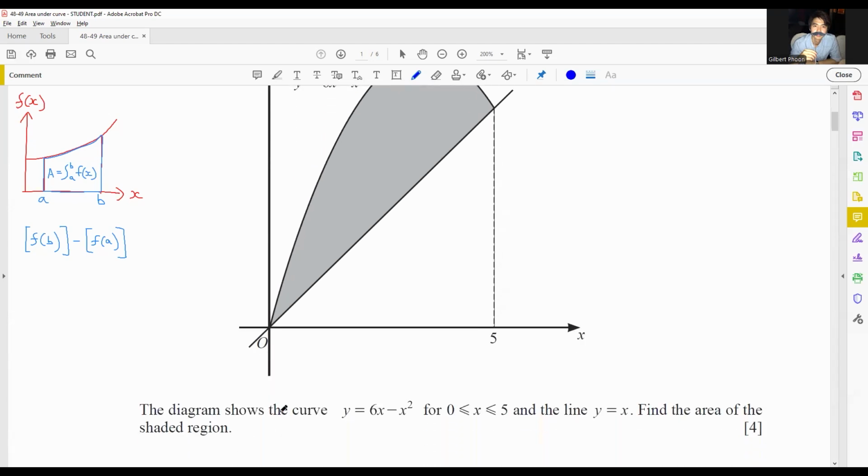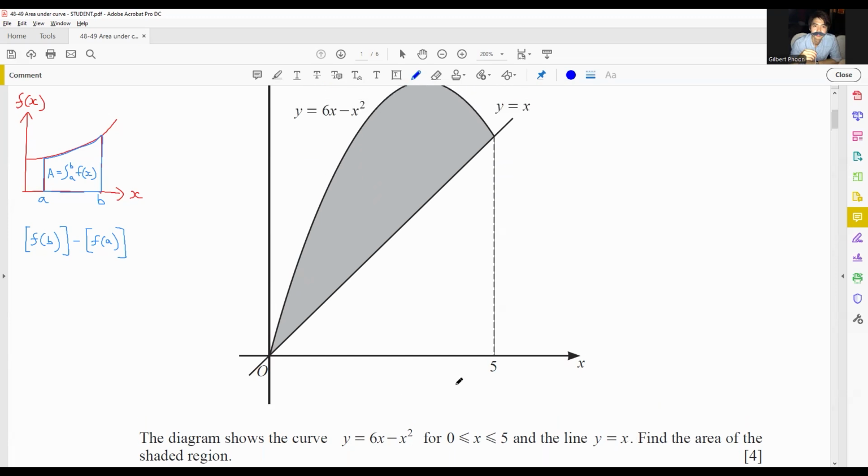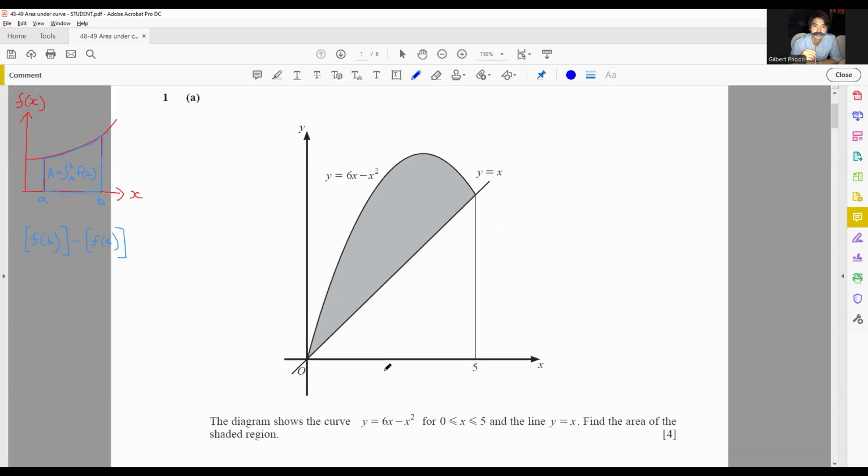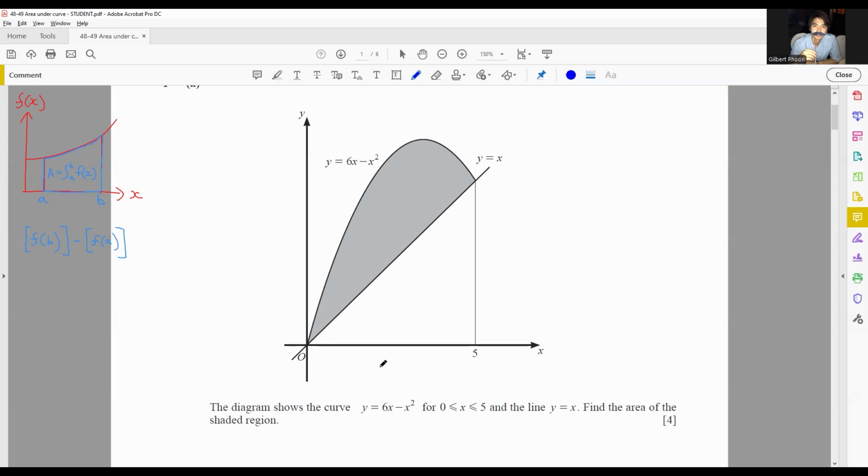The diagram shows the curve of y equals 6x minus x squared for x between 0 and 5, and the line y equals x. Find the area of the shaded region. To find the area of the shaded region, first of all, we're going to need to integrate the curve. So integrating the curve between 5 and 0